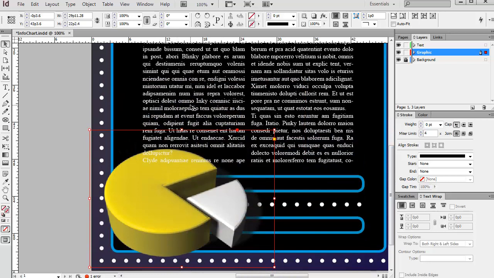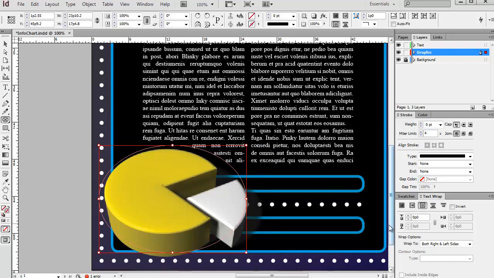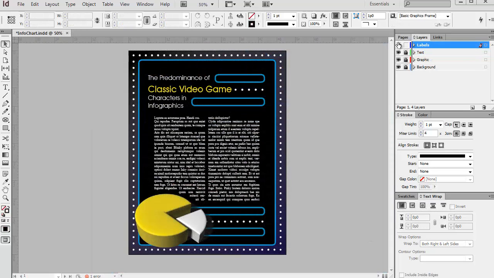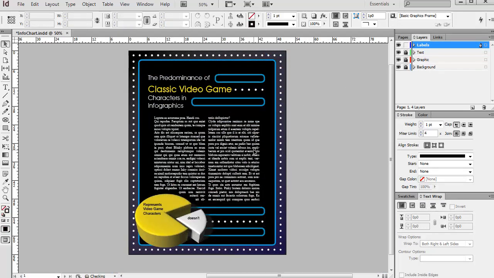Now once I've got this open, I don't want the text to be overlaying on this. I'd like it to wrap around it. So I'm going to add in a quick circle shape. And in my text wrap panel, wrap that around there. We'll add in a couple of labels. And now here we have